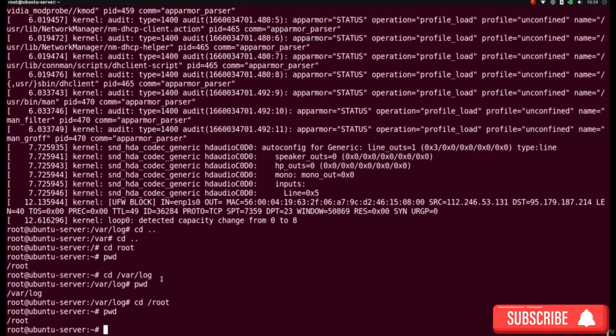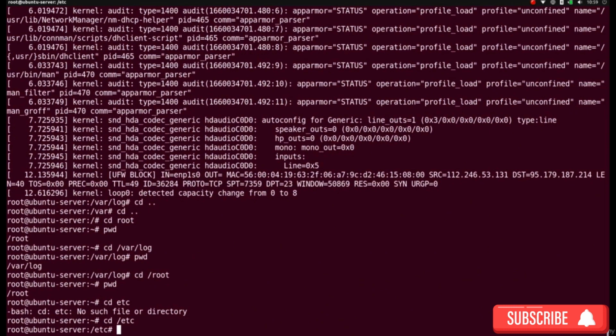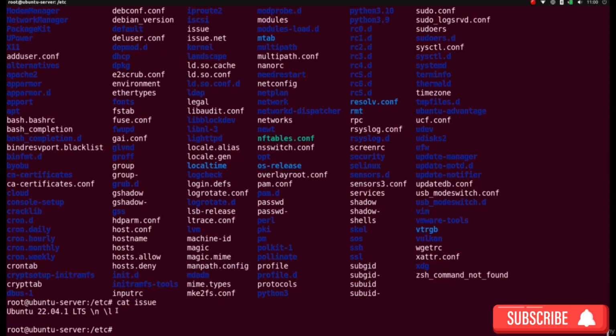Configuration files are stored in the /etc directory. So if we enter the /etc directory with cd /etc, we can list all the files and you'll see all kinds of configuration files here. For example, there is the file /etc/issue. That is the version of the server you're running. So if we output it with cat issue, you'll see we are running Ubuntu 22, or depending on what you're